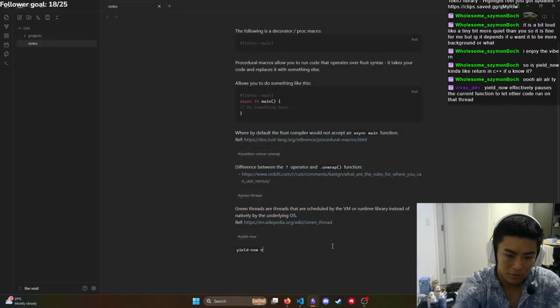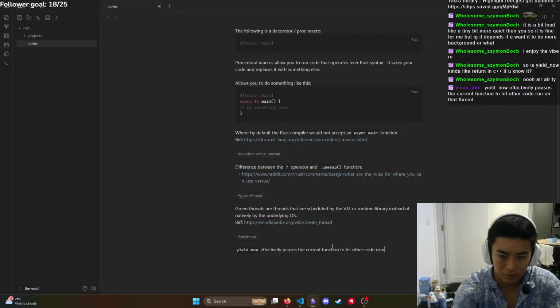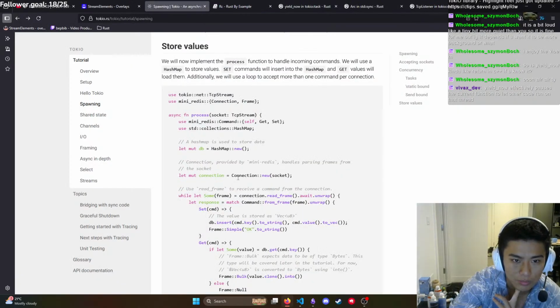Yield now. That's a good way of describing it. Pauses the current function to let other code run on that thread. And then if we go back to the example,